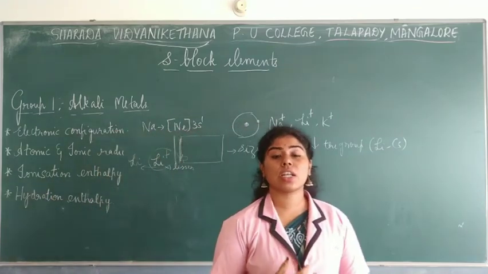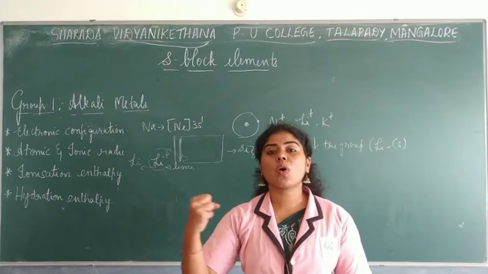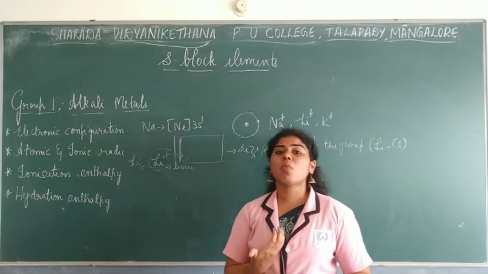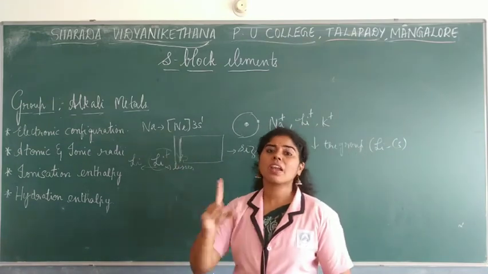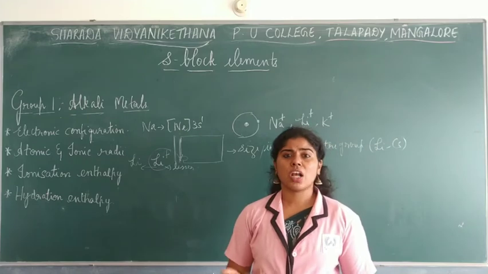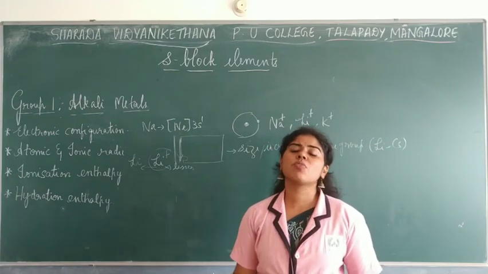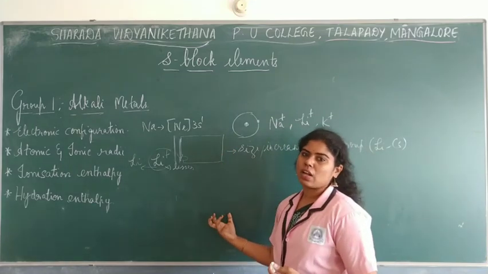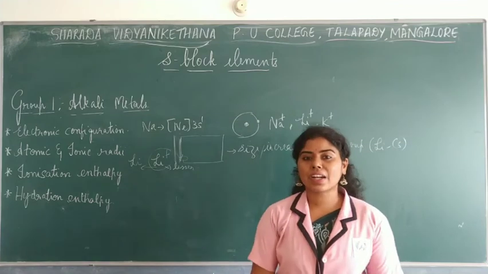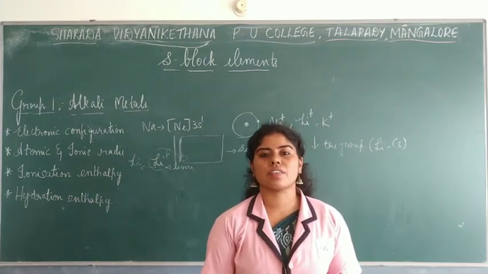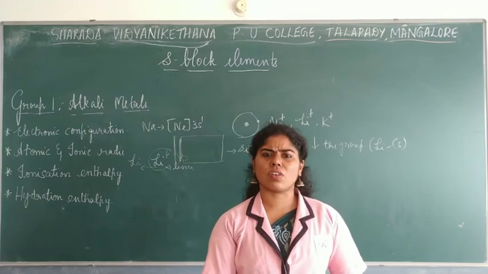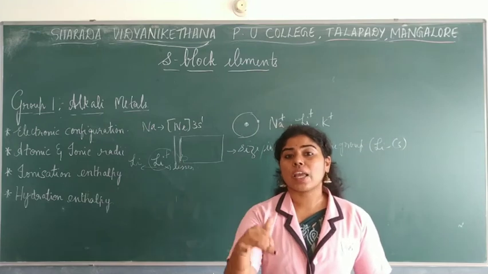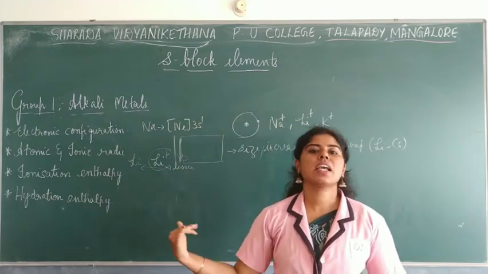Now what do you mean by ionization energy? It is the energy required to remove an electron from the outermost shell of an atom. So do you have to supply more energy in terms of alkali metals where only one electron is present in the outermost shell? Not required, right? So here you can easily remove the electron. Why are they said to be highly reactive here? Alkali metals are highly reactive. Why? Because they easily tend to lose an electron. There is only one electron. So do you require much energy in order to remove them? No. So ionization energy keeps on decreasing as you move down the group.